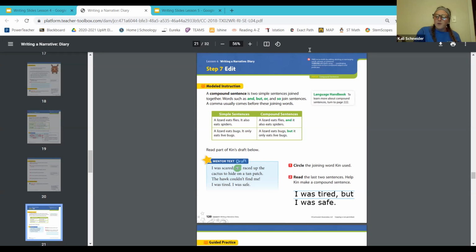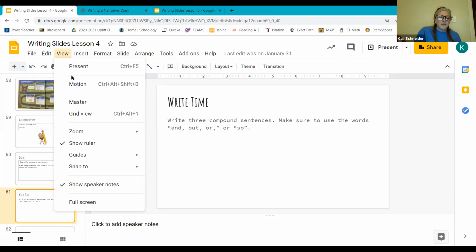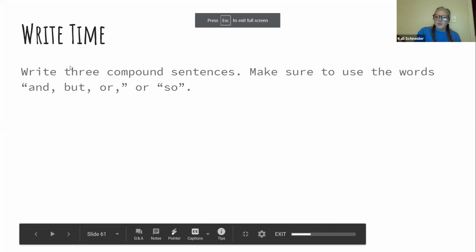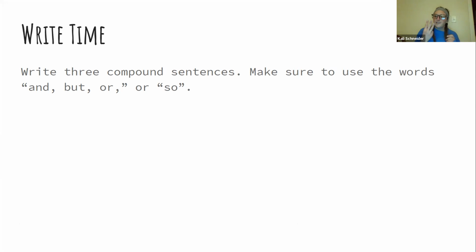I'm going to clear this out. Make sure you've written down what Ken could have added to combine those two sentences here. So let's take a look at our writing for today. It says, please make sure that you can write 3 compound sentences and make sure that you use the words and, but, or so. So you need to make 3 sentences and they need to have a